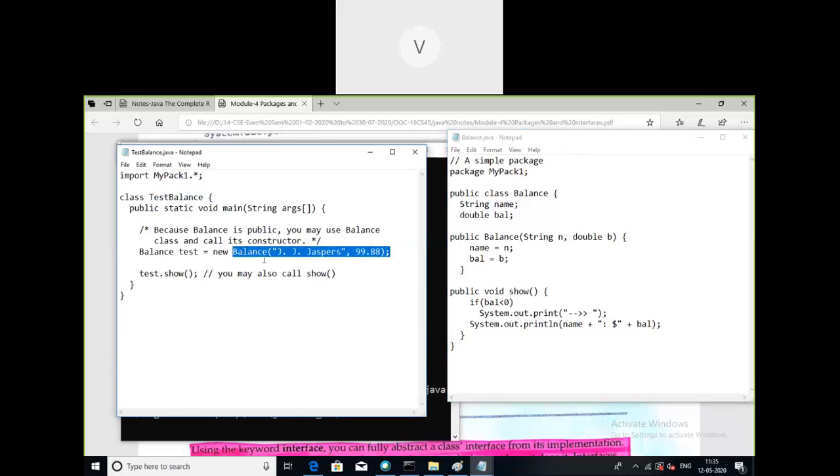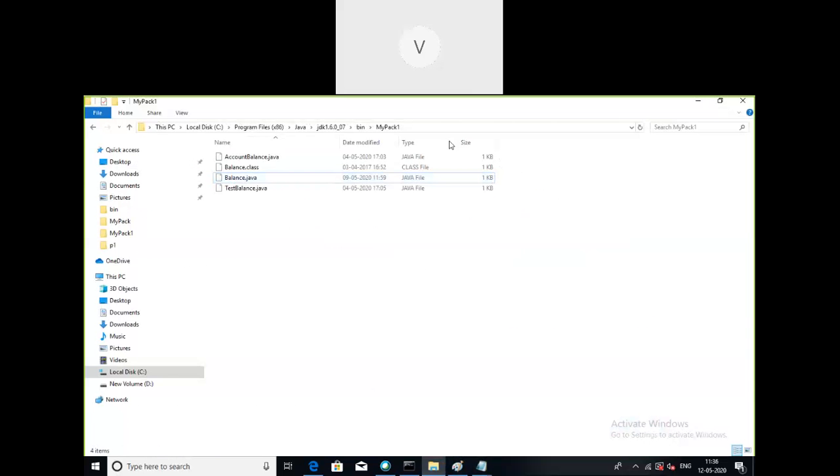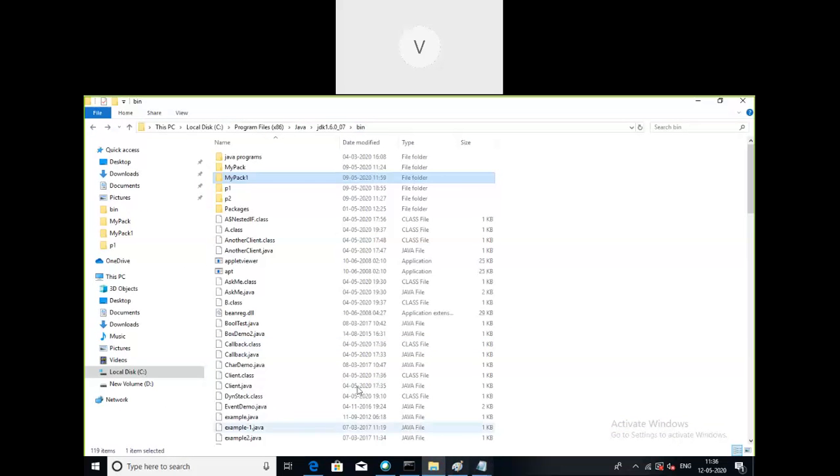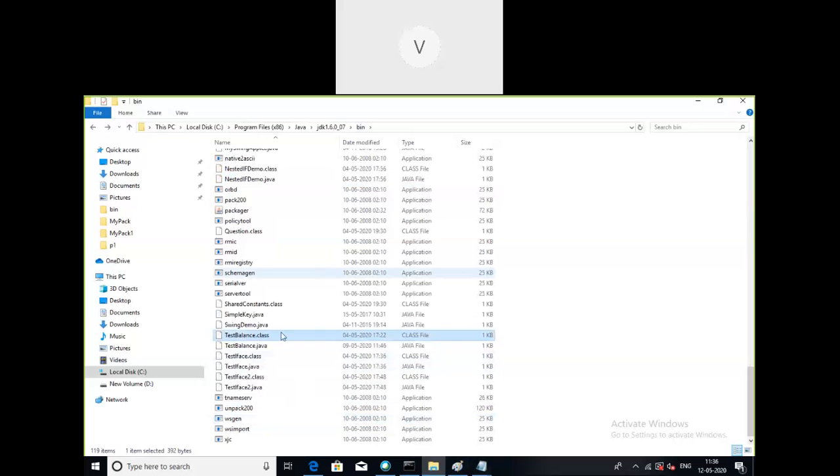Why am I able to do it? Because I am importing all the classes present in mypack1. See here, this Balance class is present where? In mypack1. And see here, this is TestBalance.java. TestBalance.java is present in the bin folder.